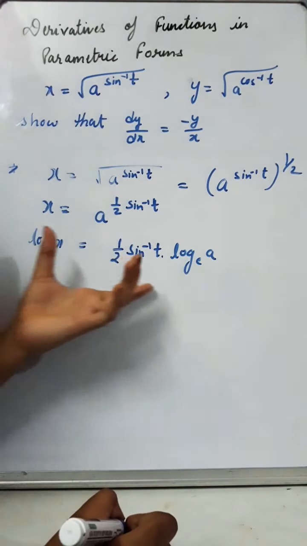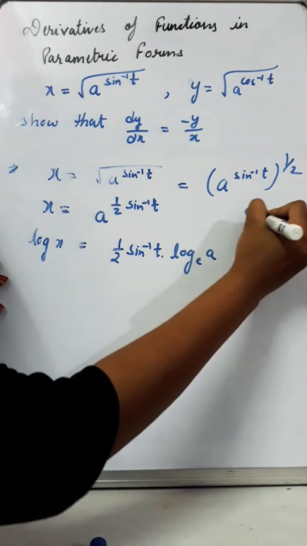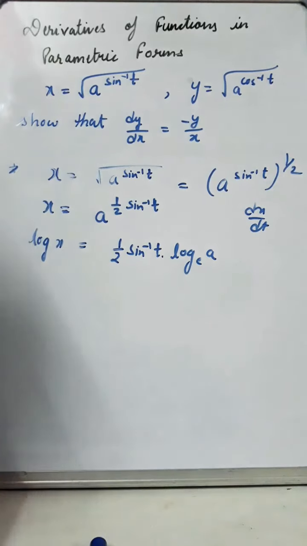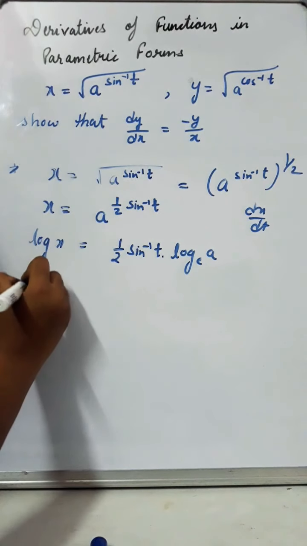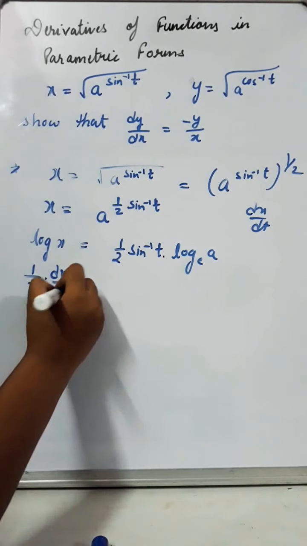Now you have to differentiate both the sides with respect to t in order to obtain dx by dt, right? So you know how you have to do this because you just read it in the previous lecture. Log x will give you 1 by x, but x will further be differentiated with respect to t, giving dx